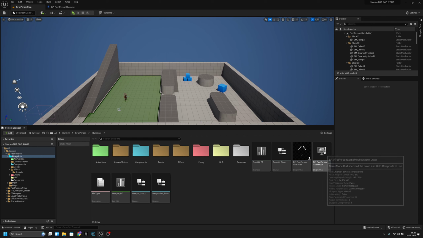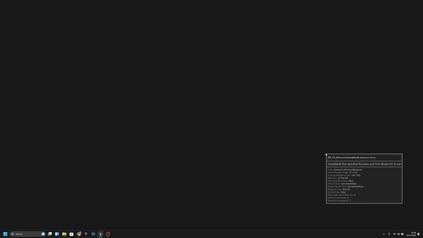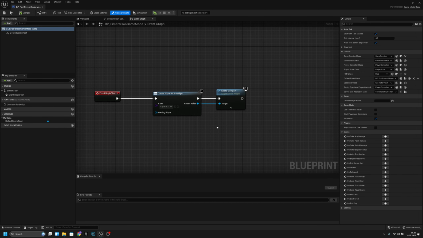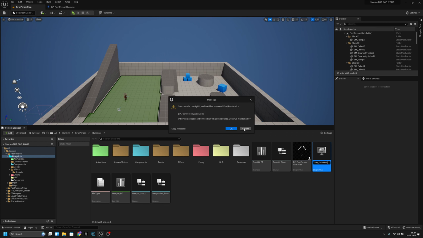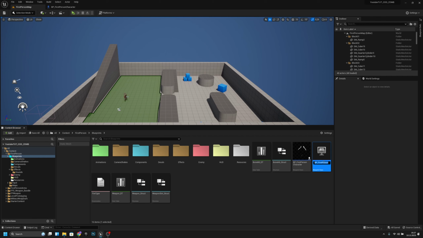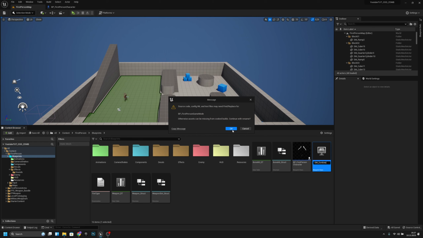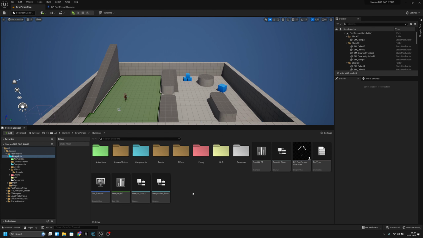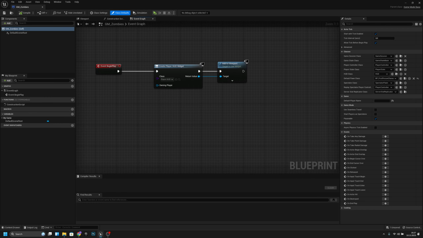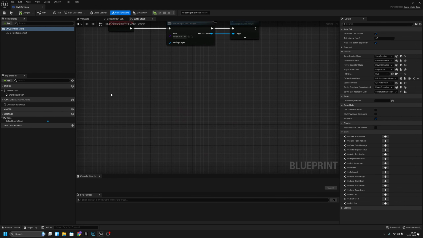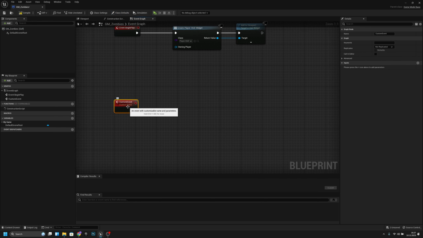First we have this first person game mode. We haven't done much here yet, so we can actually just rename this to GM underscore zombies, like that, and you want to just press OK. It should work because we haven't done much work there yet. Now, when you open it, we actually want to first create a new custom event here. Custom event. And we want to call this custom event